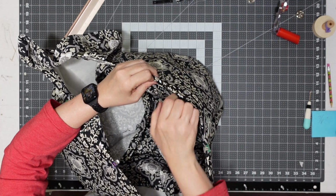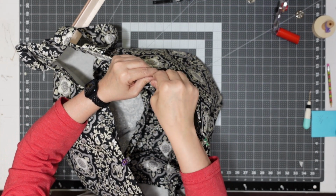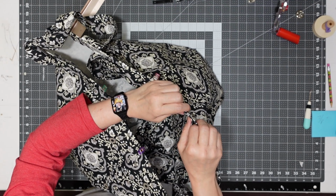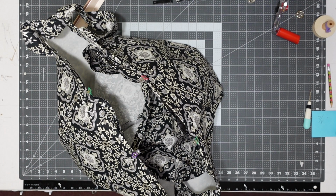I'm going to take my clips off, clip it back on. And I'm putting these exactly together. Okay? And then I'm going to clip it all the way around. And then I'm going to go stitch the two together. Now I'm going to stitch it once close to the top. And then I'm going to stitch it down on the bottom